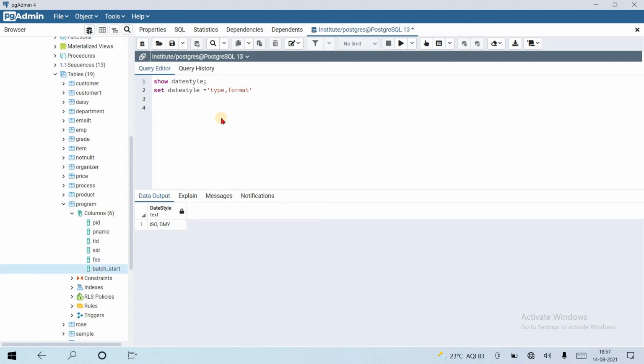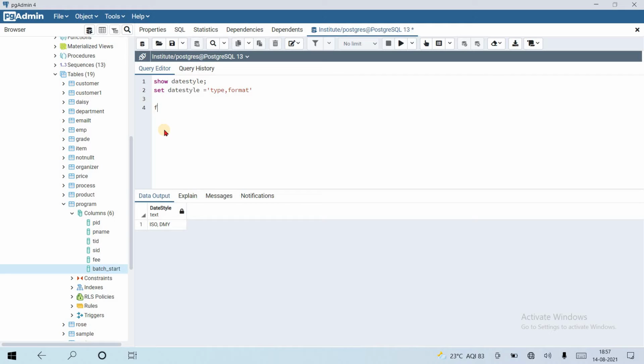The type may be ISO, PostgreSQL, SQL, or German. My type here is ISO. And the format is also there.